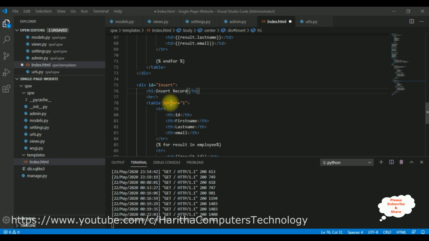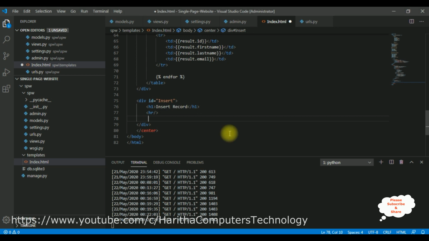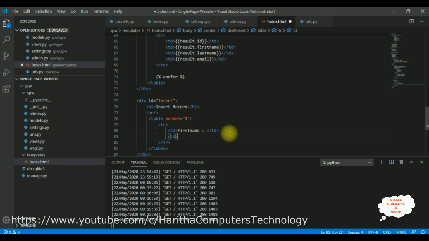Let's delete this one, this table. Instead of that, let's declare a table with a border is equals to 1. Then in this table, I'm adding tr, td is the first name, next td is the input text box control, input type is equals to text, placeholder, first name,